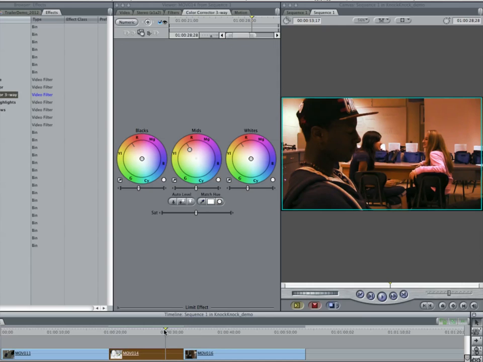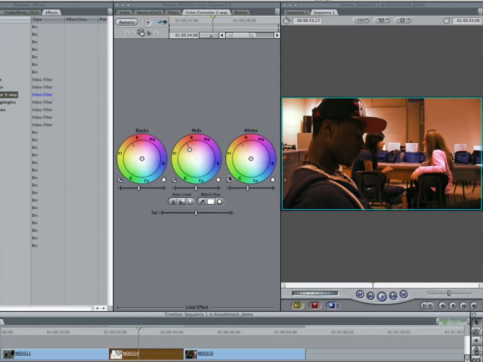Okay? So this is good so far, okay? Now, obviously, this is an extreme color shift. This is probably not what we want to do. So,